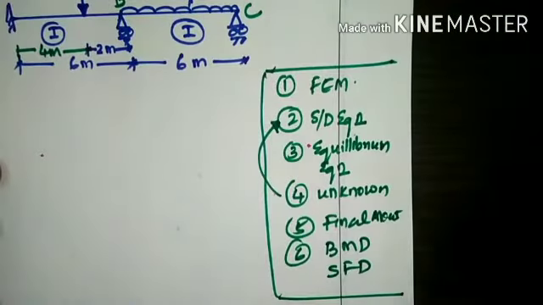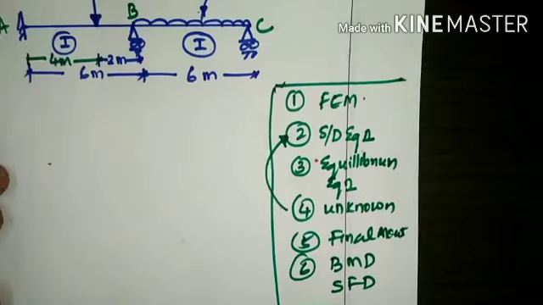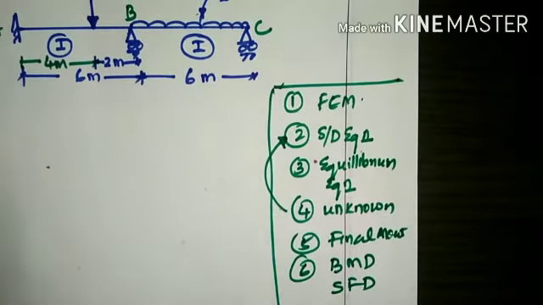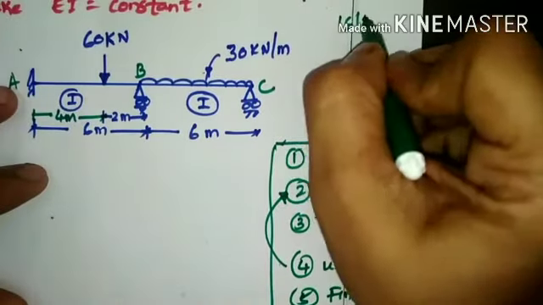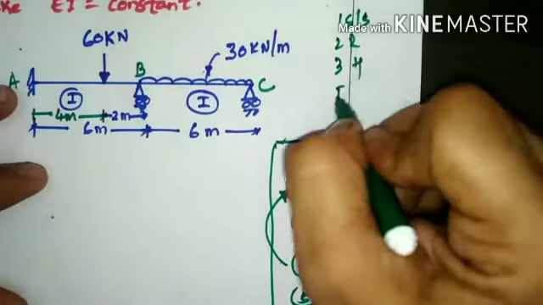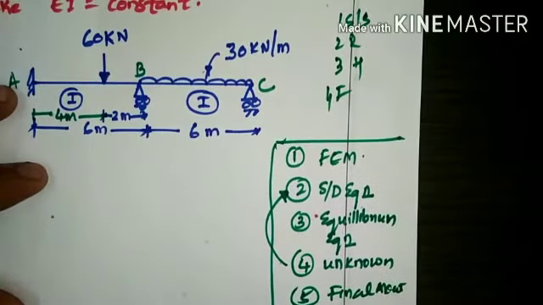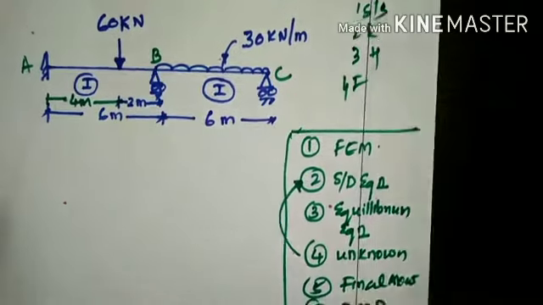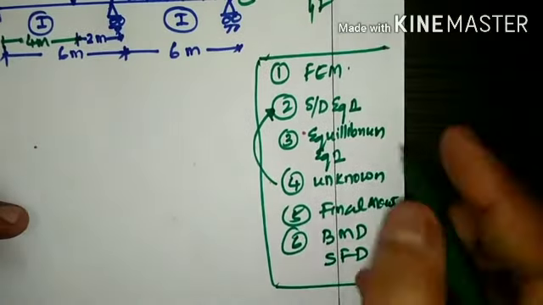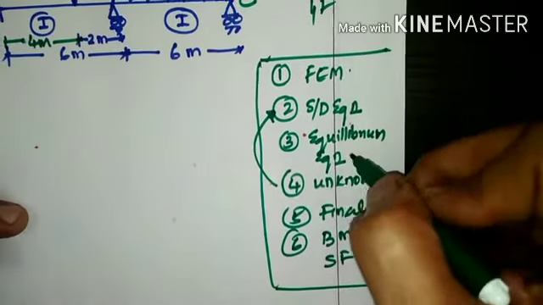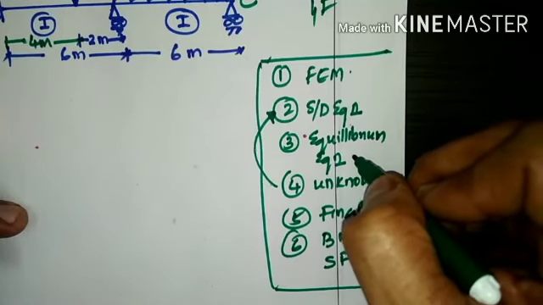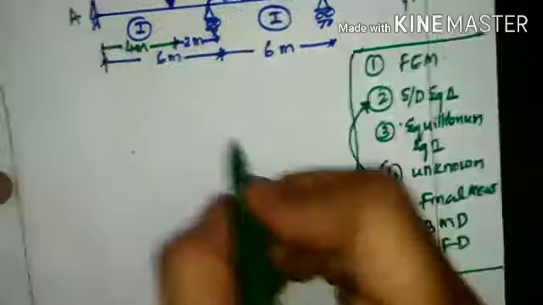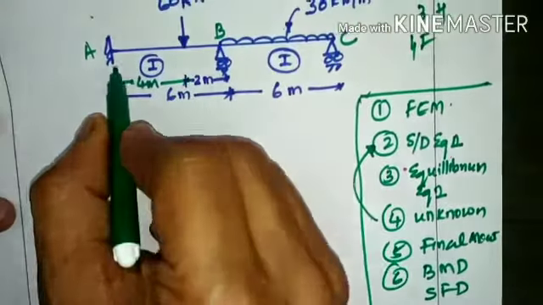To begin with the fixed end moment, the first assumption is that all supports are to be assumed as fixed, irrespective of what type of support it is. Basically, there are 4 types of support: simple support, roller support, hinge support, and fixed support. Whatever the type of support, you assume all supports to be fixed at the start of the analysis. Then the condition will be reversed in the equilibrium equation. If you have made it fixed, you bring it back to the original support condition by imposing the equilibrium equation. So for example, here there are 3 support positions, A, B and C.